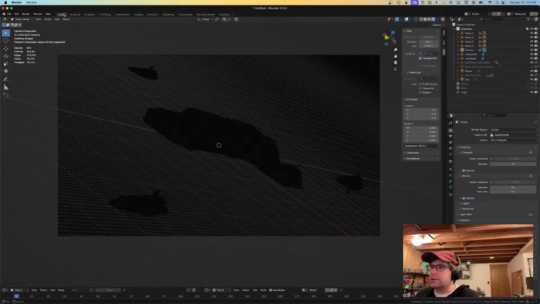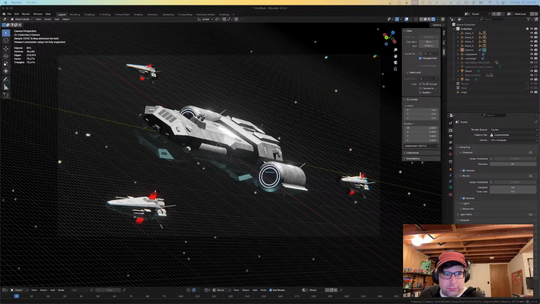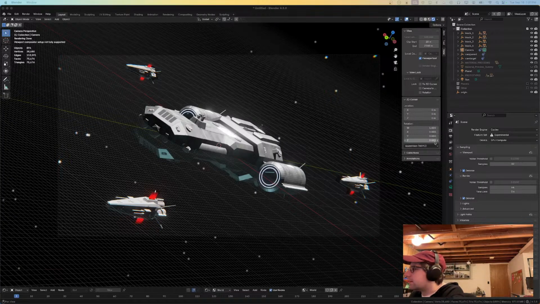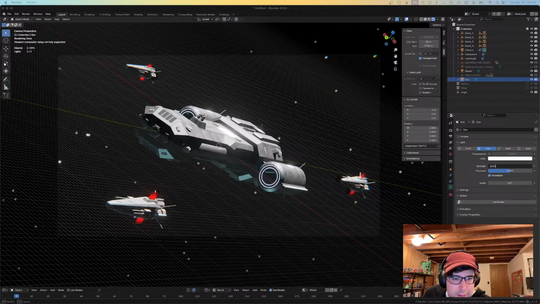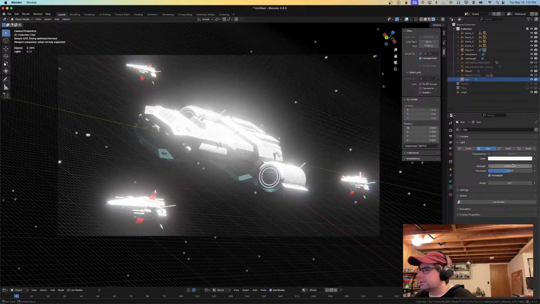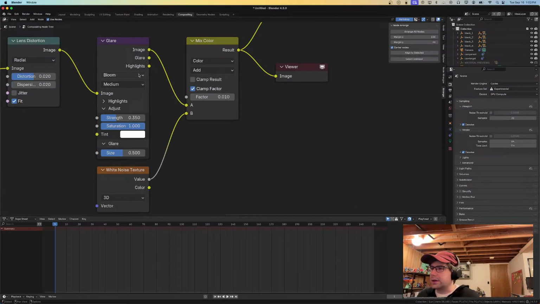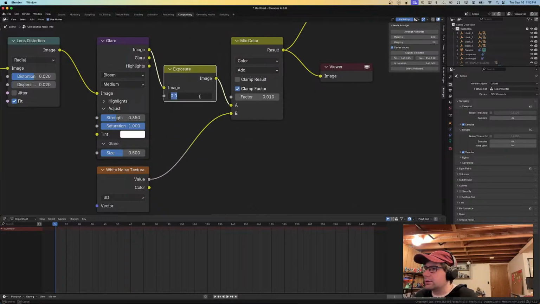So what we want to do is be able to set the sun to a realistic strength, and that is going to look something like this. Instead of 100, it should be like 1361, I think, is the value for the irradiance of the sun. And this is just way too bright, right? But then if we come in here and we add an exposure node, knock this down to like 0.2,